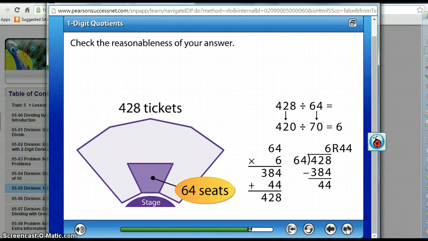Check the reasonableness of your answer. Notice how they check their answer. Use the inverse operation. So the theater